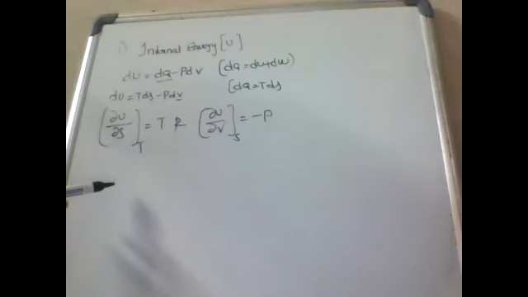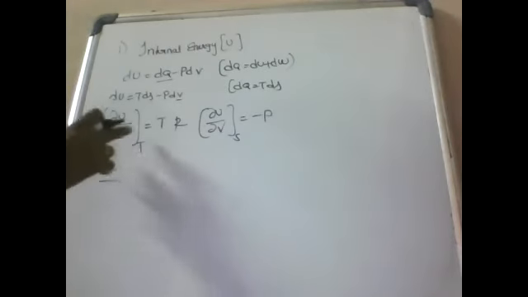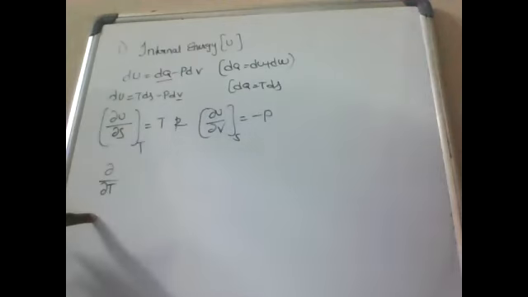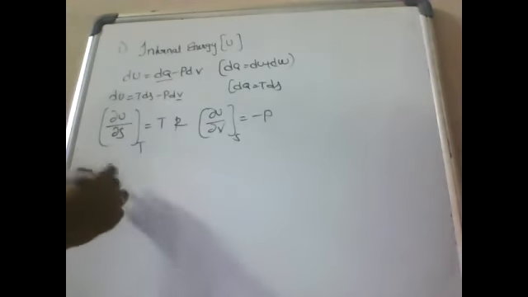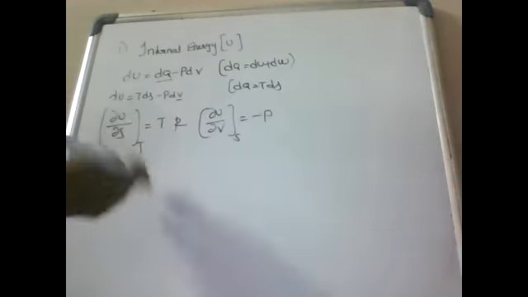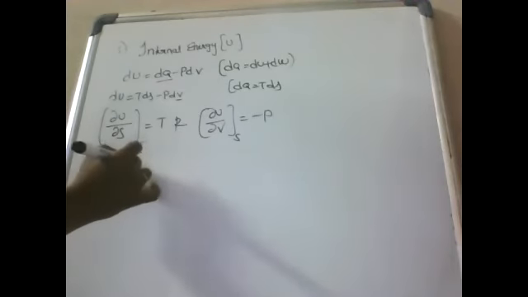Next, these are the relations connecting internal energy with thermodynamic variables S, V, T, P. That means pressure, volume, temperature, and entropy. So here dU is a perfect differential. Differentiate with respect to T; with respect to S is already completed. Again differentiate with respect to V. Differentiation with respect to S and V completed. Next, again differentiate with respect to V and S. Already S is completed, again differentiate with respect to V.